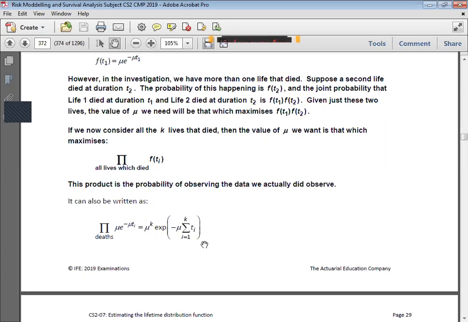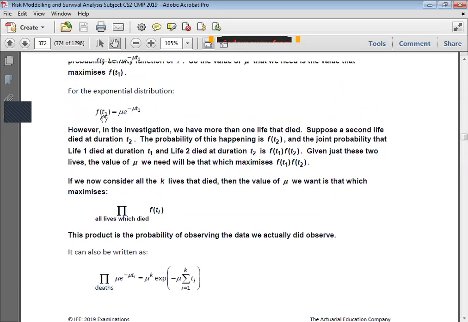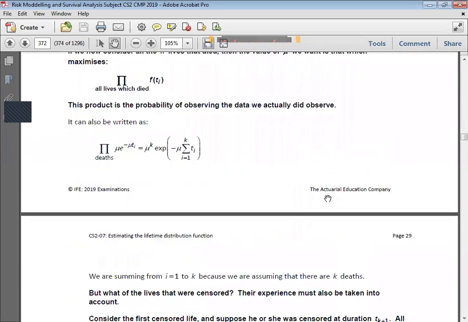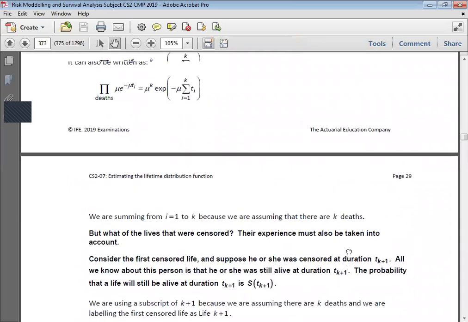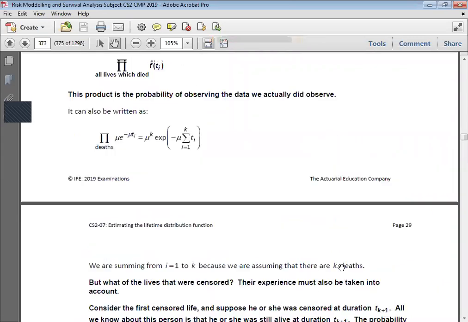So again, this particular function will not remain same now. Let's say we assumed exponential, which is why this is what you get. But if we will have Weibull distribution, then this will not be the same, because this f of t1 will be very different than what we have in this particular case. Okay, so I guess this is complete now. But now what will happen to the lives that got censored? Again, what we know for these lives that got censored is only the fact that they were alive up until